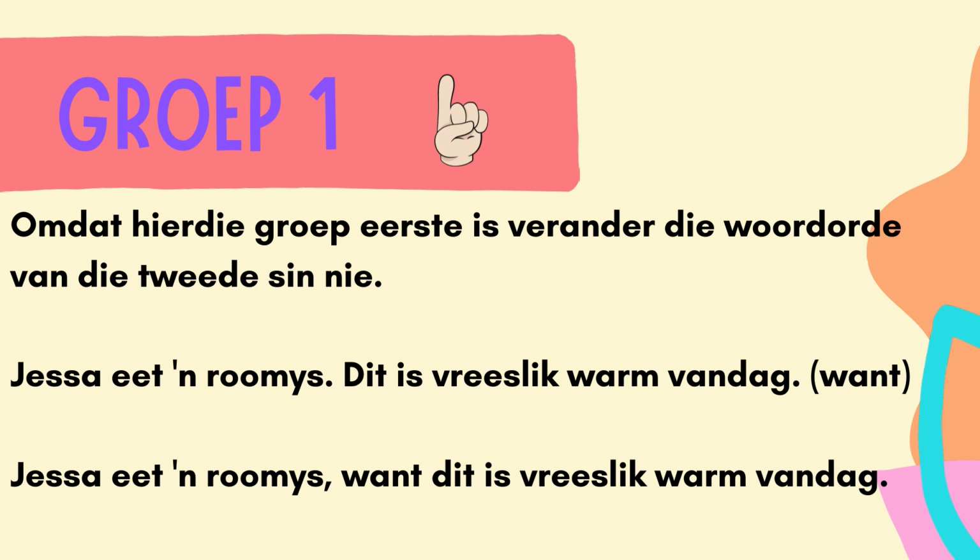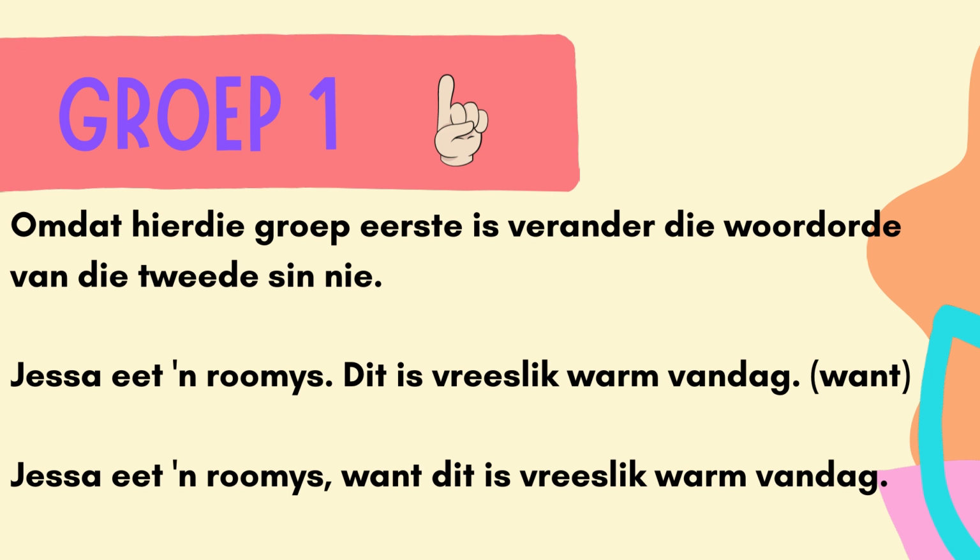Okay, so we need to join these two sentences with the conjunction want. Now, want belongs to group 1. Want is 'n groep 1 voegwoord. Dit beteken ons gaan want in die middel van die twee sinne sit en ons gaan niks aan die sinne verander nie. We're going to put want in between the two sentences and we're not going to change any word